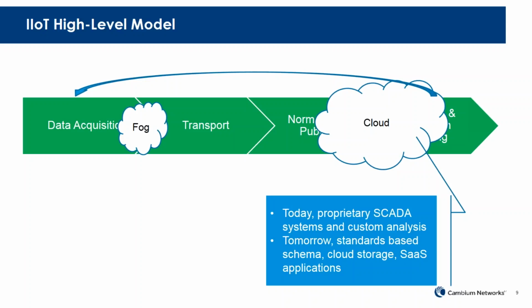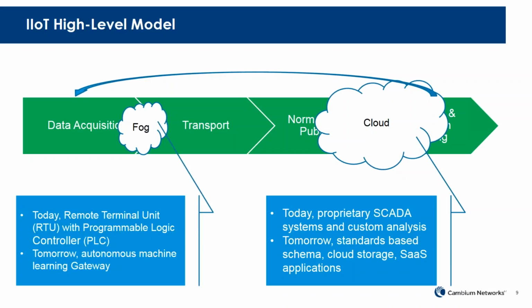You'll also hear references to a smaller thing called fog. Fog computing is a relatively new topic, and this is actually moving some of that analysis out closer to the edge of the network. That's important because you might have a situation where, let's say, a train is getting close to a switch that's been opened and you want to stop that train quickly. That is some action or response that can be done very close to the situation. It doesn't need to go all the way back up to the cloud and then back down. That action can be taken right away, right at the edge of the network. And that's called fog computing.